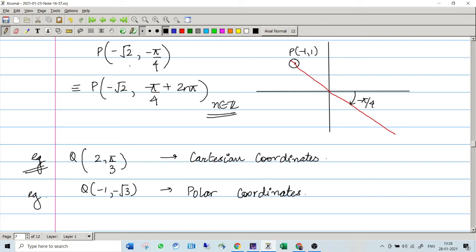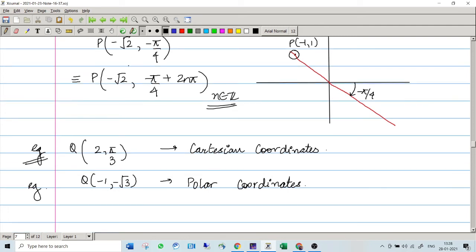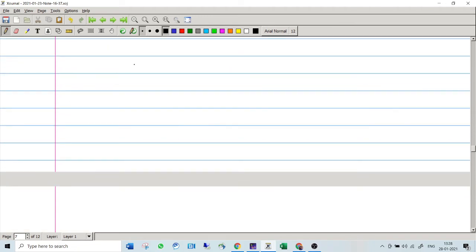Okay, ma'am. All right. So next up we have once we replace the coordinates from Cartesian to polar or polar